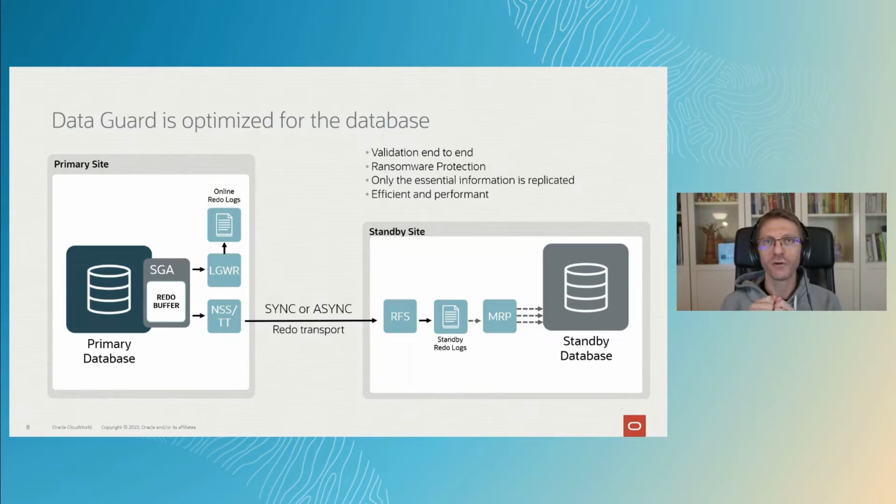And only the modifications to the block, not the blocks themselves, are stored as change vectors inside the redo stream. And this redo stream is transported to the standby database where it is verified and applied by the database itself. So if there is any problem with the checksum of the blocks, if there is any corruption problem, DataGuard can